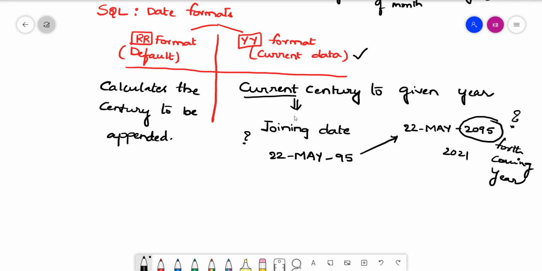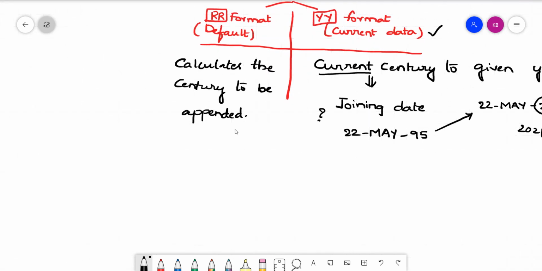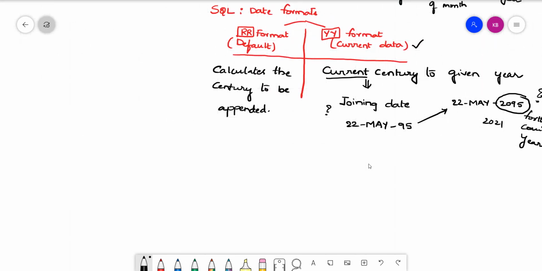Now, in order to calculate this RR format internally, it uses a table. So what is that table that we use for this RR format? We are specific about the Oracle server's calculation of the RR format. So we have a table that is followed internally.